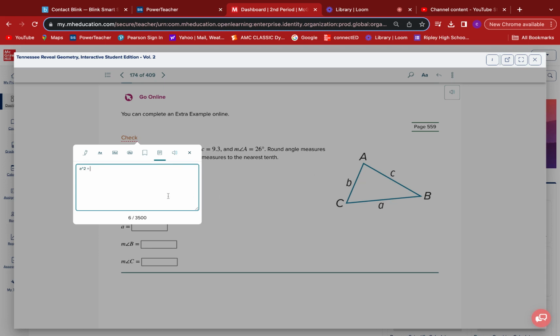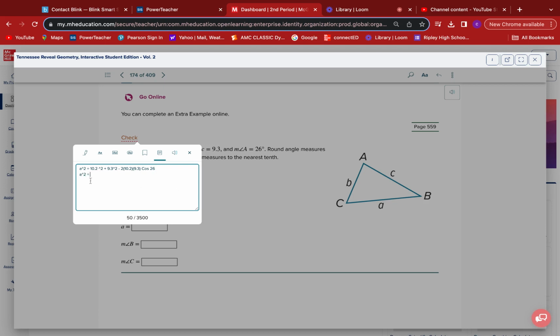All right, so it's going to be 10.2 squared plus 9.3 squared minus 2 times 10.2 times 9.3 times the cosine of A, which is 26 degrees. Okay, so A squared,